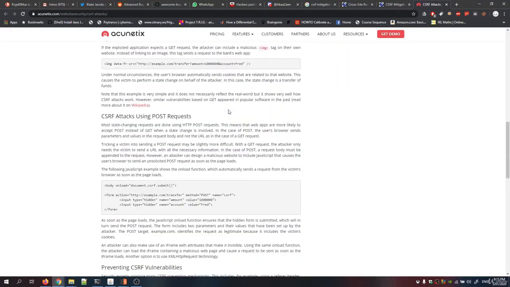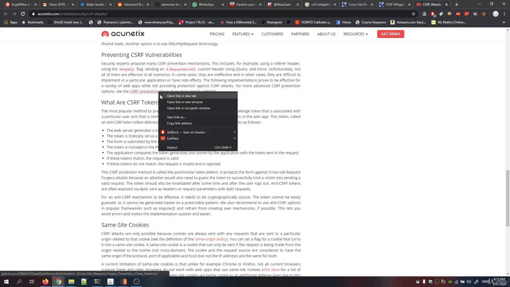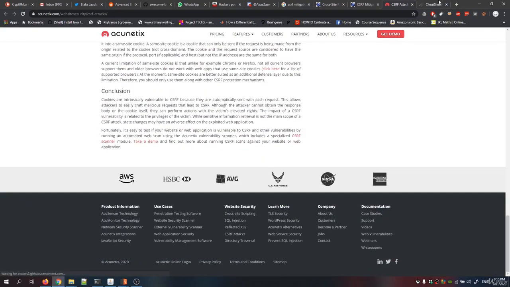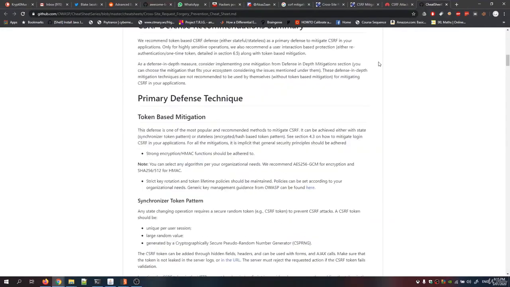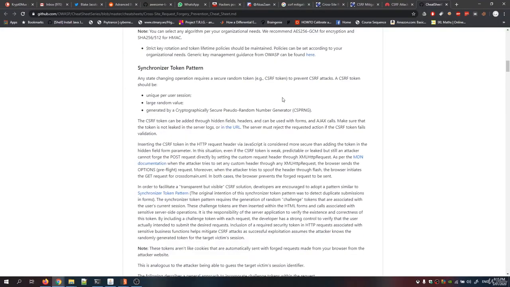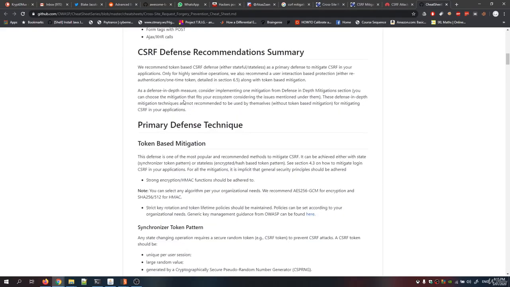Where is it? There's a really good one somewhere. Might have been that. Here it is. That wasn't it. Maybe that was. Yeah, this is the one. So this is the token-based mitigation. So as we saw before, we had tokens to protect against CSRF. They're just long strings of numbers. And it says